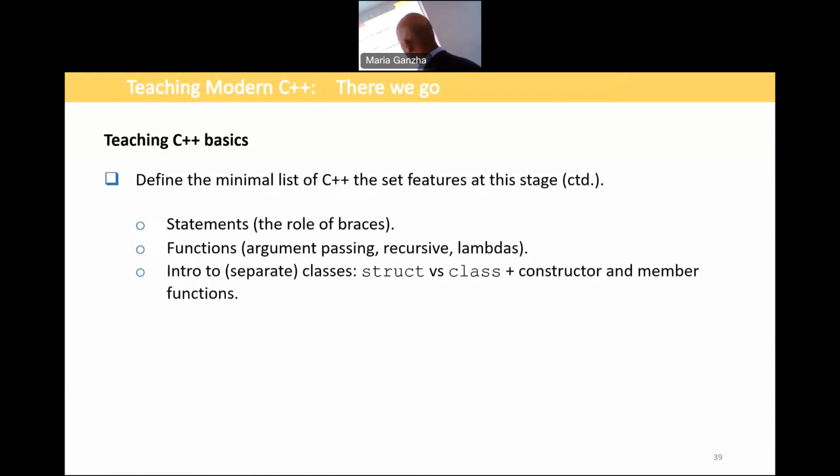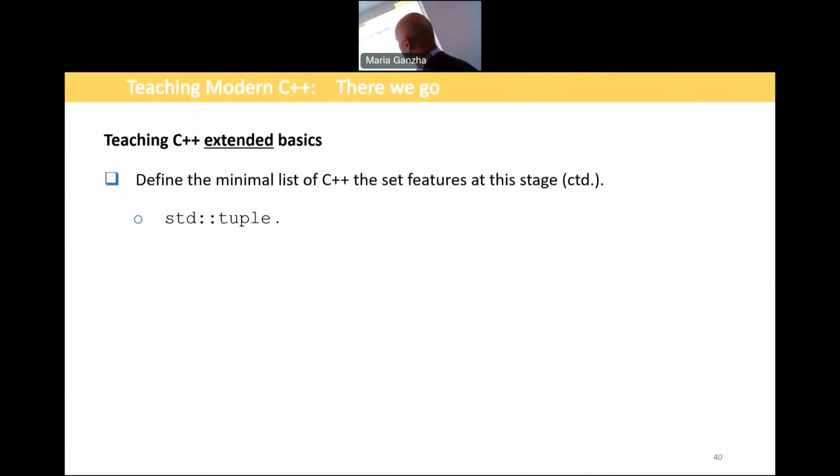And then struct versus class plus constructor and member function. So we add only one function at a time, which is the constructor. So this is again about initialization. So, basic software testing. We foster using Google Test, for example, but just for students to be aware of testing once they start writing software, not just press the button and see what happened in the computer. This is not the way. And we end with operators.